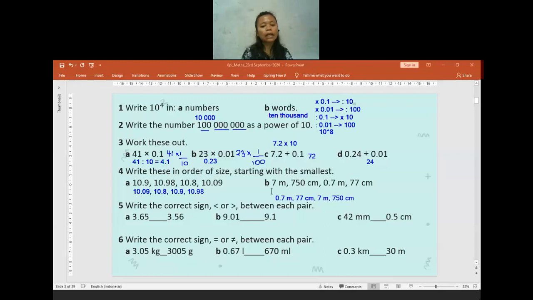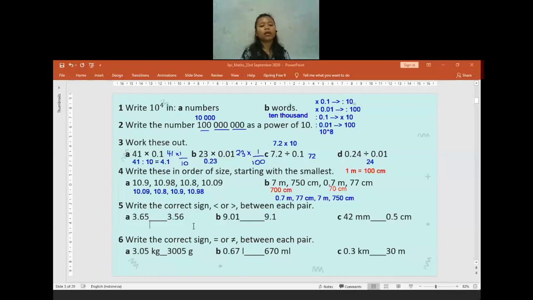If you are still confused, how do I get this number? It means you have to make all the units into the same unit first. Like 7 meter, we have to make it into 700 centimeter. And then 0.7 meter will be equal to 70 centimeter. How come it is like that? Because 1 meter is equal to 100 centimeter. So you need to multiply each number given in meters by 100, so you will get the centimeter unit. Any question? No? Okay. If no question, I will move to question 5.